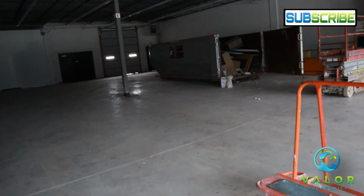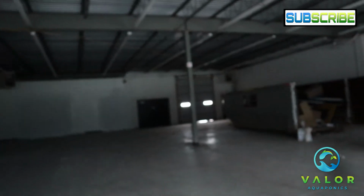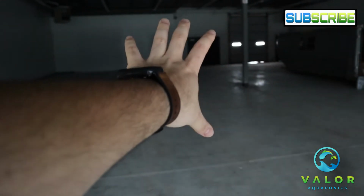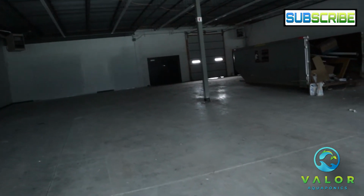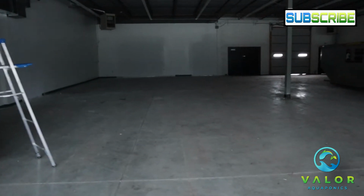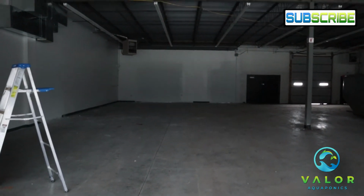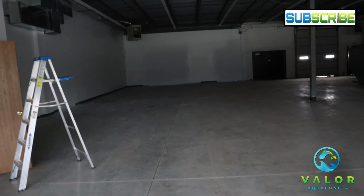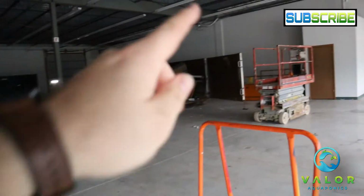But the cool thing is, we're not just utilizing the floor space, we're going up. So we will have 1 row here, another row here, another row here. There will be 4 grow beds on each side of the row, so there's 8 per row. We call it a mega row. It's the double cantilever racking. So it's going to be 8 per mega row times 3. That's 24 grow beds that we're going to have in this space, along with our fish pools,